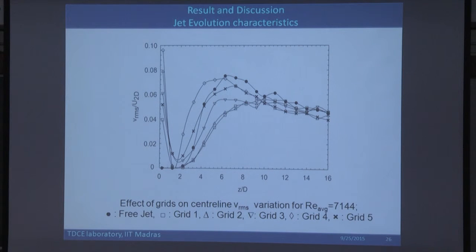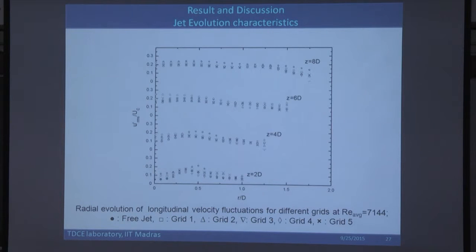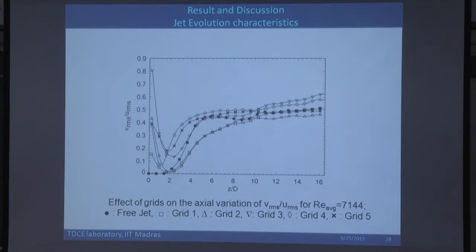So the VRMS component also is maximum near the grid because of the fluctuations, and then it increases and then gradually decreases. So this is URMS in the radial direction. In the shear layer you could see that they are maximum, and this is the isotropy, the ratio of VRMS to the URMS component. If it is equal to 1, then we could say that it is isotropic flow. Near the grid there may be very high fluctuations, the ratios are the same, but even at 16D they are trying to approach 1, but the isotropy is not reached even at 16D.